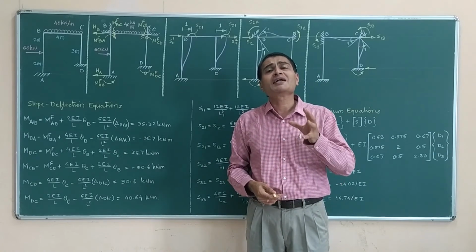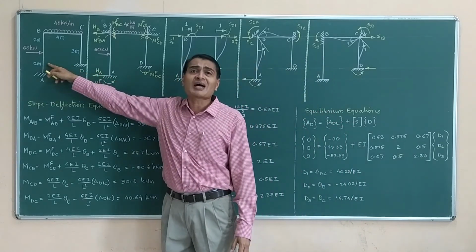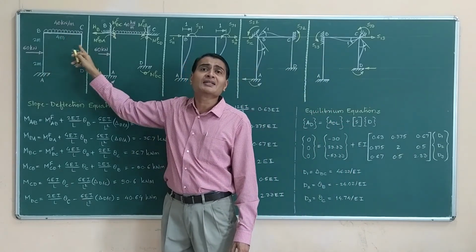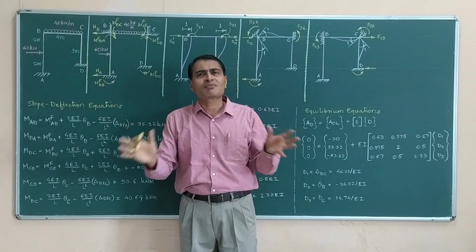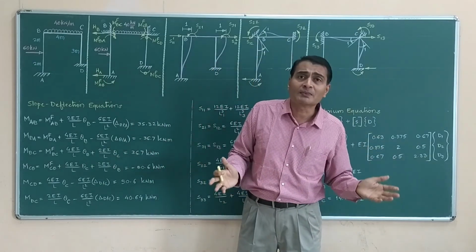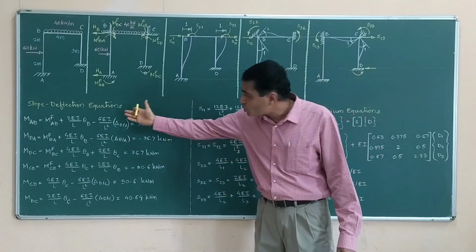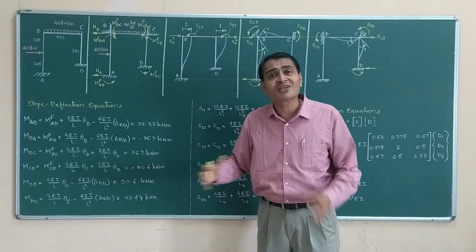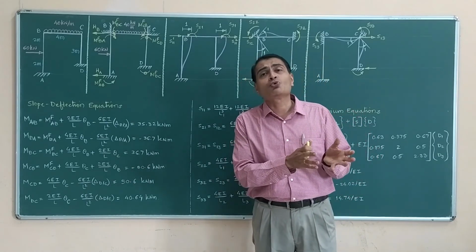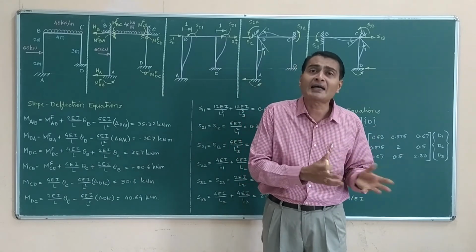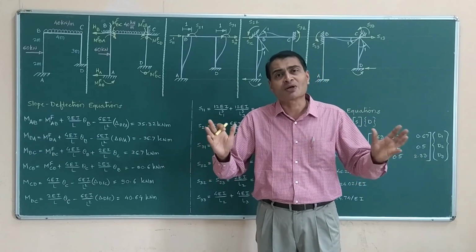At the most, what variety you may expect in addition to this? It is possible that this would be given as I, this would be given as 2I, this would be given as 1.5 times I, something like that. Not in a difficult problem, not in a sway frame problem, in some other problem, simpler problem. So there your stiffness calculation will vary, your slope deflection equations will vary in the sense wherever you are substituting I, there probably you may have to substitute carefully 2I, 1.5I, 3I, like that. Otherwise we have covered all types of numerical examples.